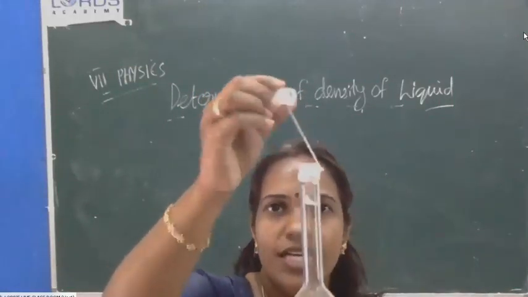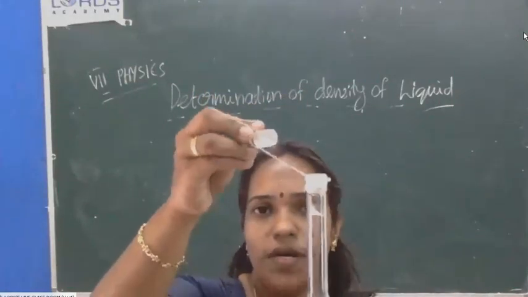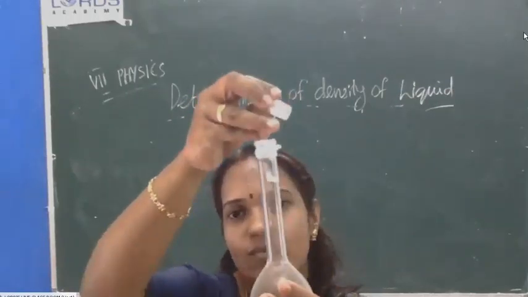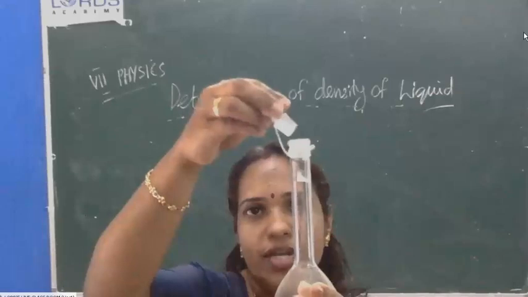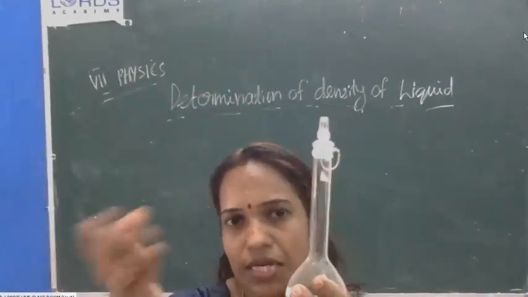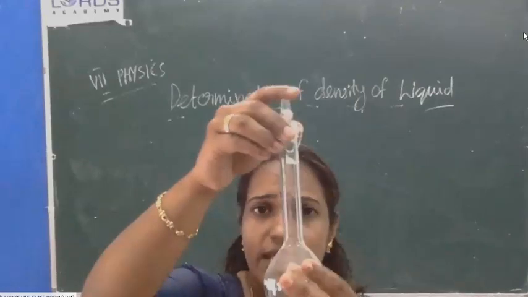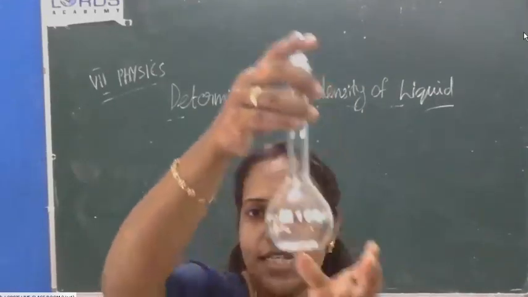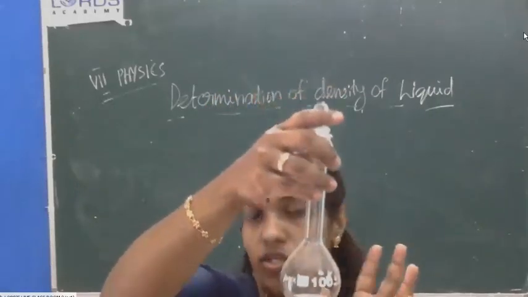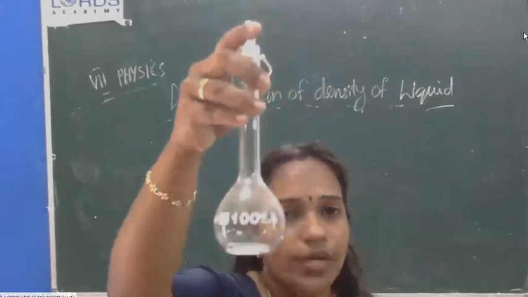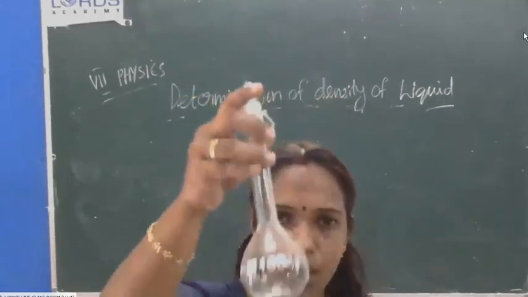Okay. Can you see this? This is called the stopper. So suppose by mistake you pour excess water or any other liquid into it, and you close it, what will happen? The excess water will drain out. That means we will get the correct amount. Okay. So the density bottle is also a vessel for measuring volume.